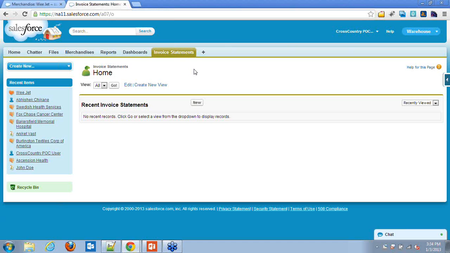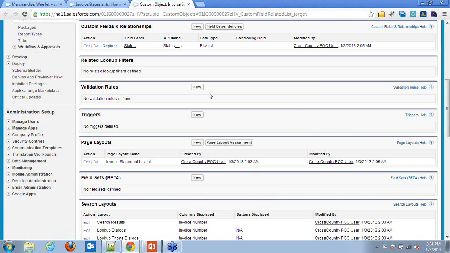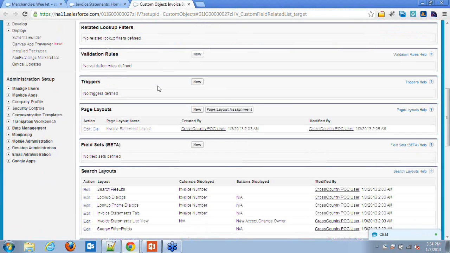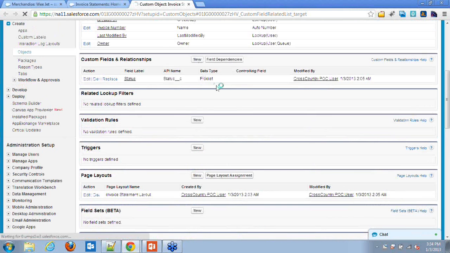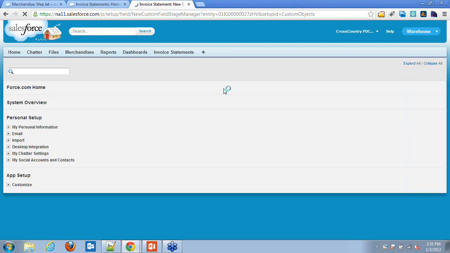Okay. We are going to create one more object so that we can demonstrate the features of relationship and all. Let's add one more field to it, and this one description, so that we can put some description for invoice also.